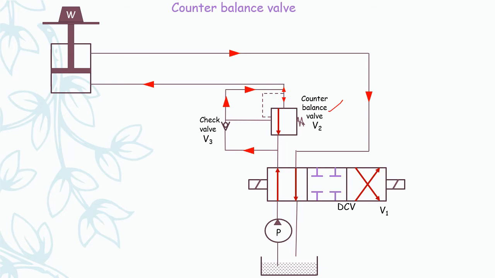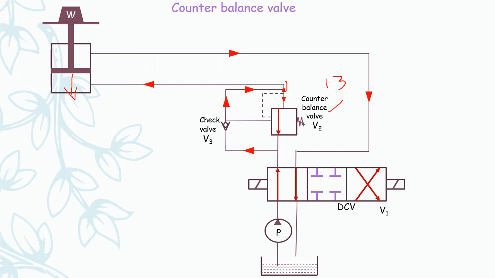So the main application of this counterbalance valve is to counterbalance a weight or external force or a cylindrical load which is falling down under gravity force, as you can see in the piston cylinder arrangement here. These types of valves are mainly closed valves, as that was in case of pressure reducing valve are normally open type of valves. Here these counterbalance valves are normally closed types of valve. So pressure setting of this counterbalance valve is 1.3 times that of load pressure.